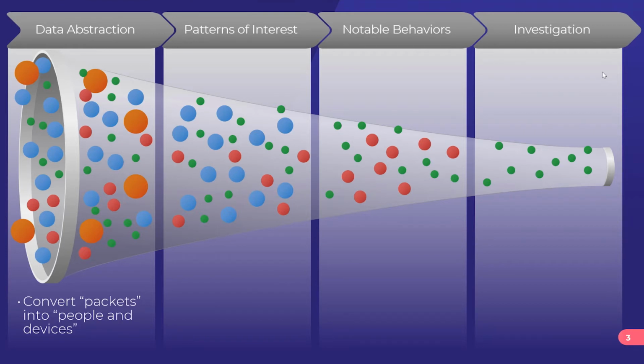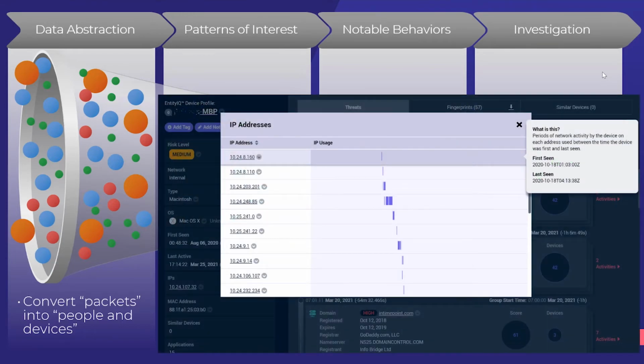First and foremost, we need to take this totally unstructured data and convert it into a more normalized form. The way we do that at Awake is we convert traffic ultimately into people and devices. You'll see screens like this in the system. This is showing us a particular device, and this is a very common view that we see when using the system. This device has been on these IP addresses for, in this case, a couple hours. Some of these go up to maybe a couple days, and further down there are some that are like 20 minutes at a time.